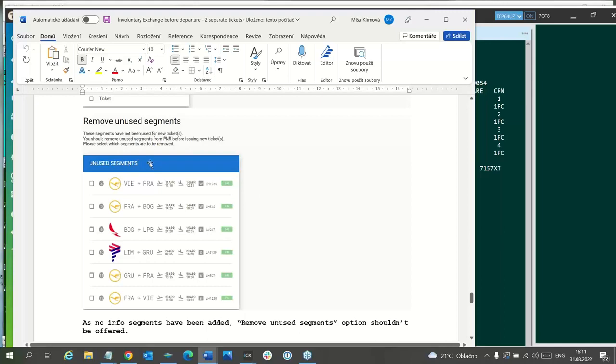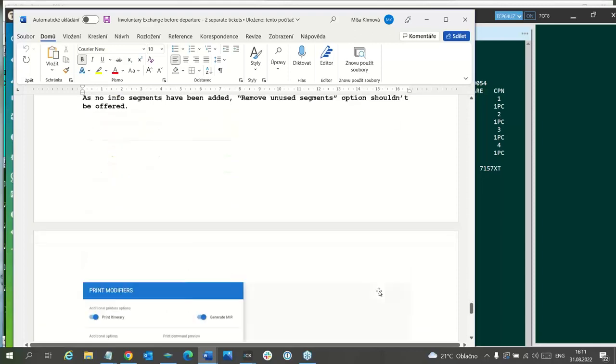So always be very careful if you use this remove unused segments, because sometimes it is quite good to cancel them immediately when you have used informative segments. Informative segments will be booked now, and immediately you can remove the original segments, but not in this case.